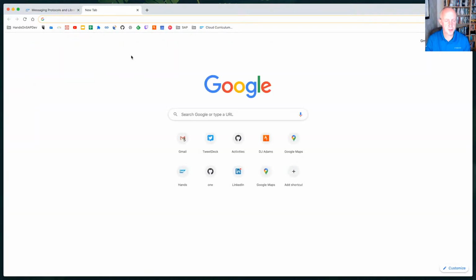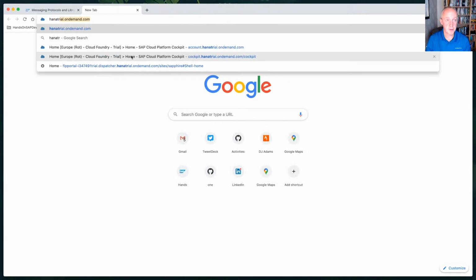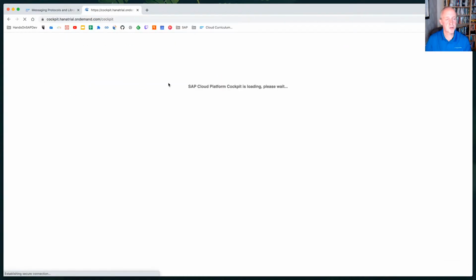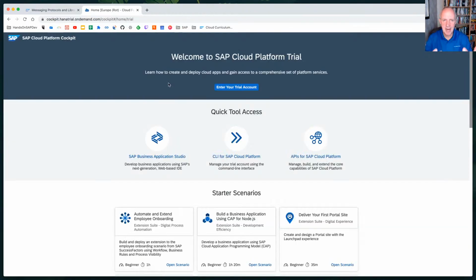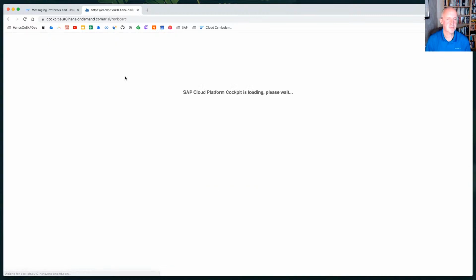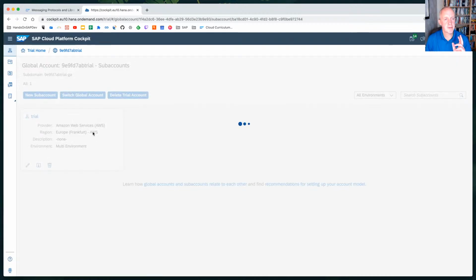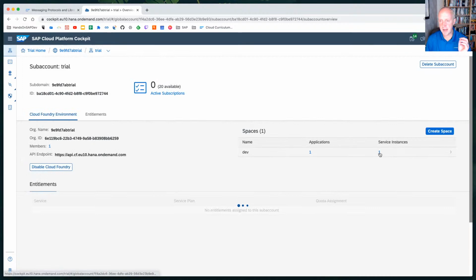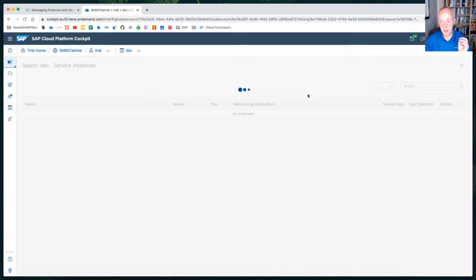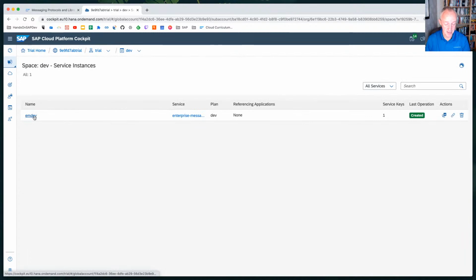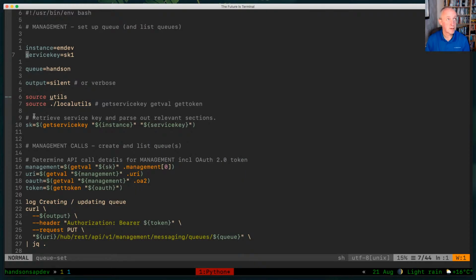In fact, let's go and just see, and we'll do it right now. We'll do it sort of from the cockpit, so we have a nice easy way in. We can see things visually, and then we'll do it properly from the command line. So we've got, in my trial account, an enterprise messaging service instance called emdev, which is reflected in